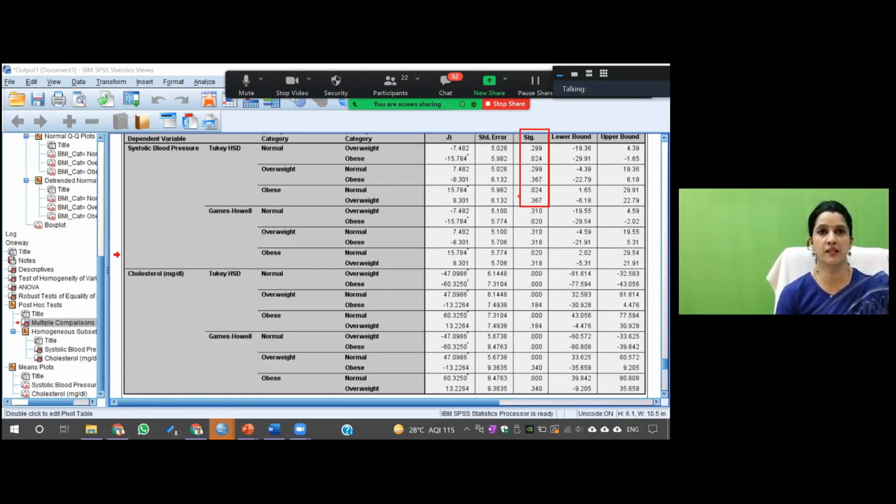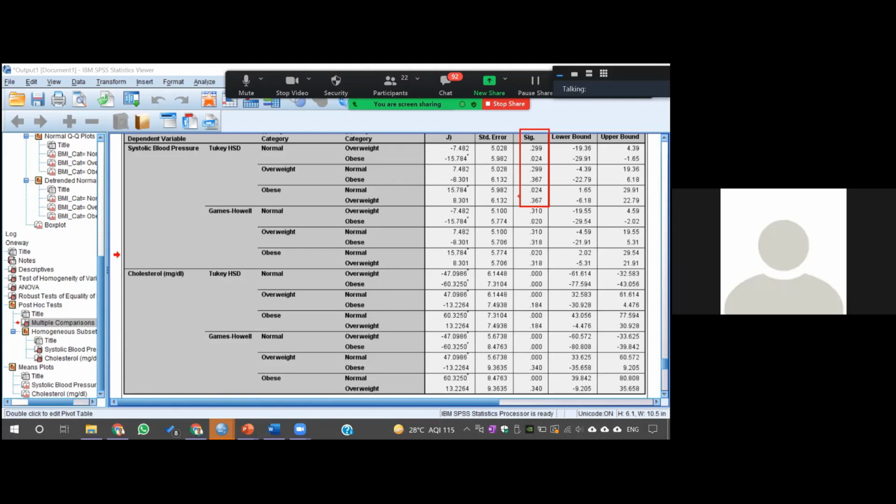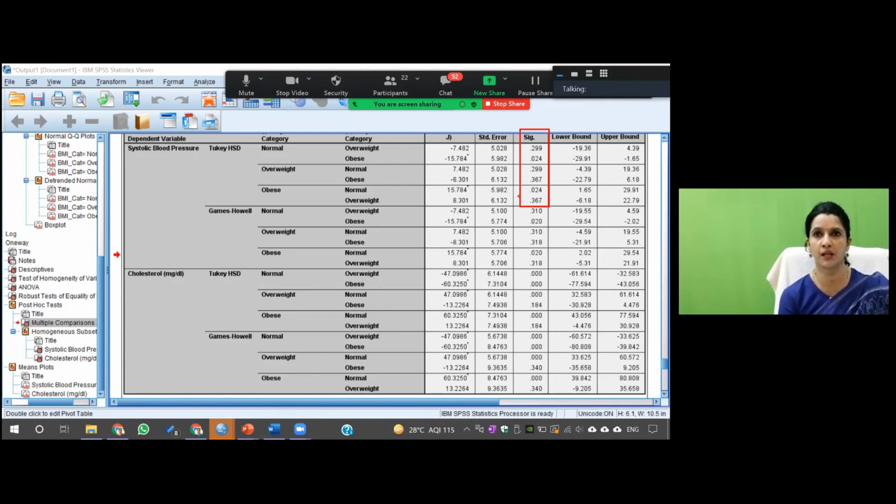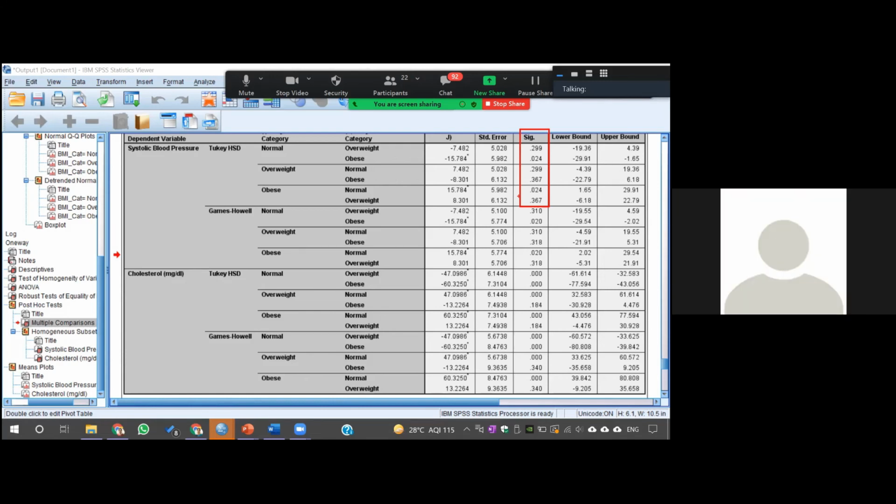Praveen, can you explain this for me? Yes, ma'am. Someone is writing, same with reverse. Yes, Praveen, you may unmute and answer. Yes, ma'am. In the first one, it is normal minus obese. It is compared between the normal and obese, so they subtracted the obese value from the normal value, so it is coming minus. In the lower one, the normal value has been subtracted from the obese value. So it depends upon which value is higher and which value is lower, and depending upon that, we get the minus or positive symbol.